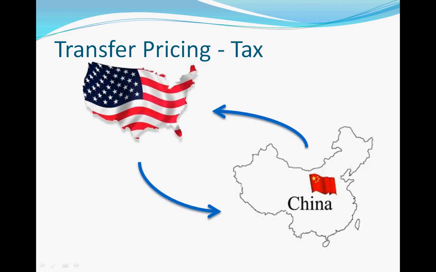To give an example of how a company could avoid taxes, let's say the U.S. has a tax rate of 35% and China has a rate of 2%. Any company would want to keep as much profit in China as possible to avoid U.S. taxes. The subsidiary in China would sell an item to its U.S. parent for a very high price to keep the profit in China. The U.S. parent would then sell the item for a very small profit, paying virtually no tax on the transfer. Transfer pricing comes in to make sure this does not happen and that the company pays its fair share of